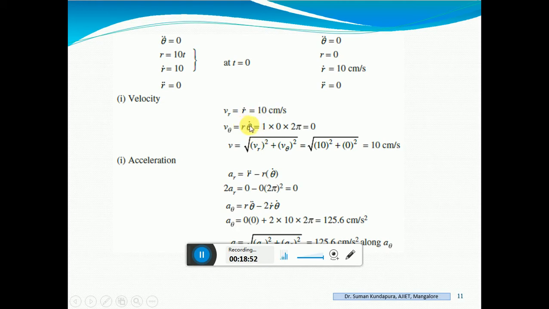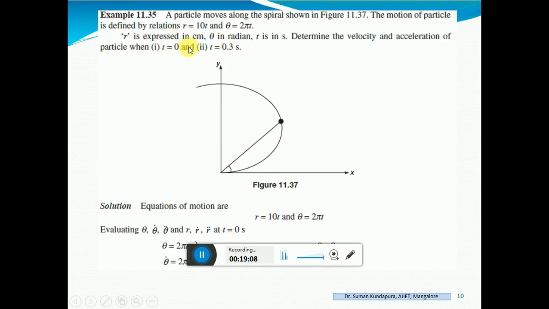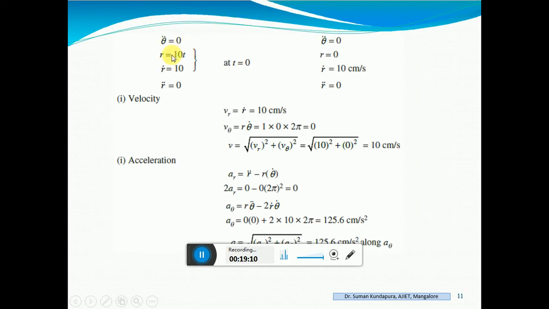Okay, and theta respectively, and find out what is the total at t is equal to, if say for example r initially you have 10t. So, t is how much? T is given as first case t is equal to 0. So, when t is equal to 0, r is equal to 0, correct? So, you find out the velocity, Vr square plus V theta square, you will get 10 centimeter per second. Now, what is the acceleration component?